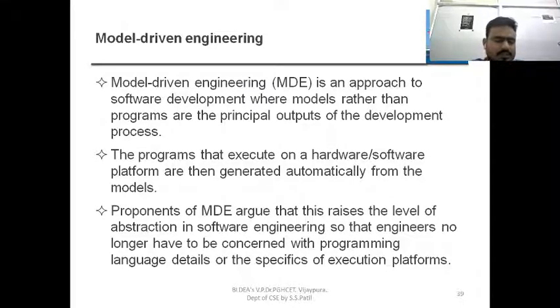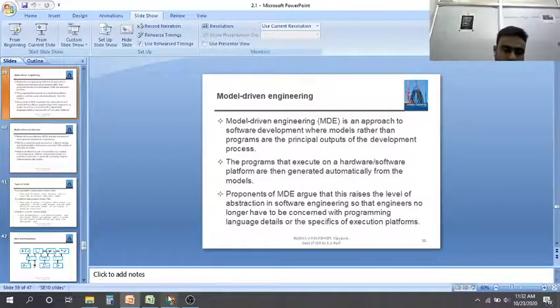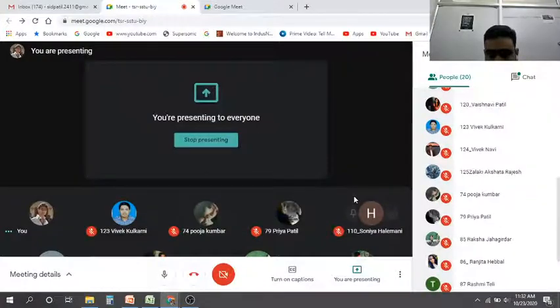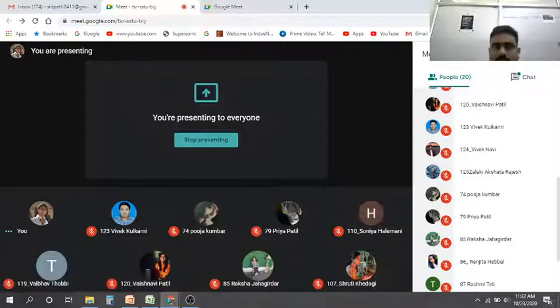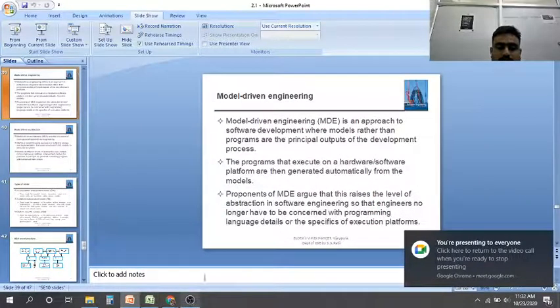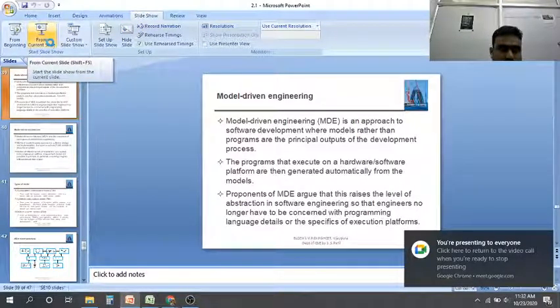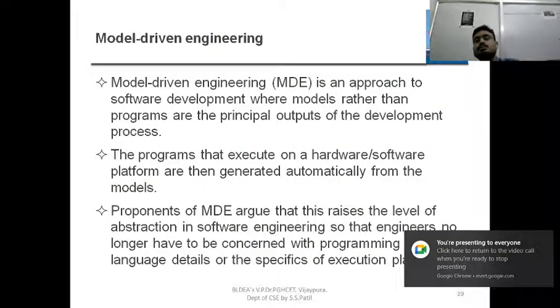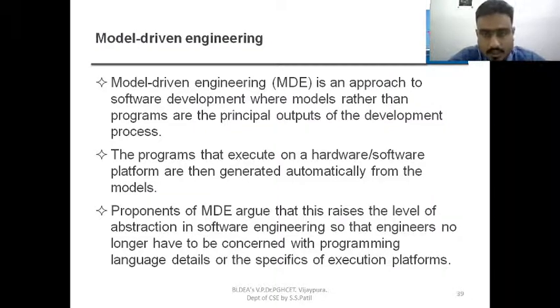Model driven engineering is that a simple, single model is going to give the desired output.